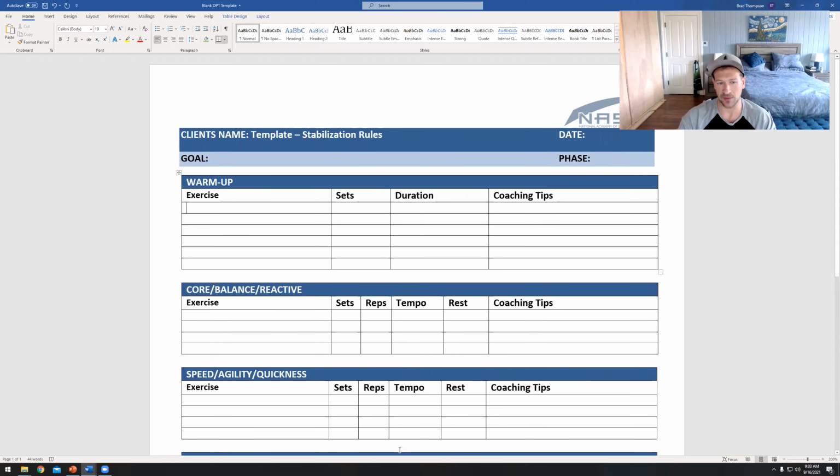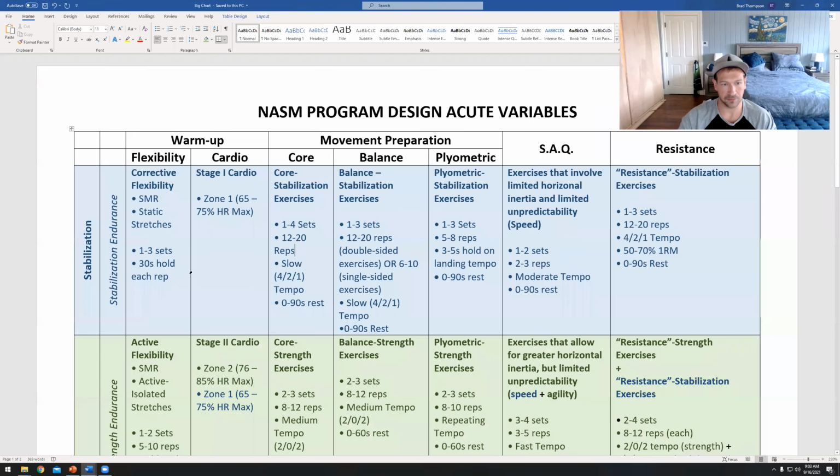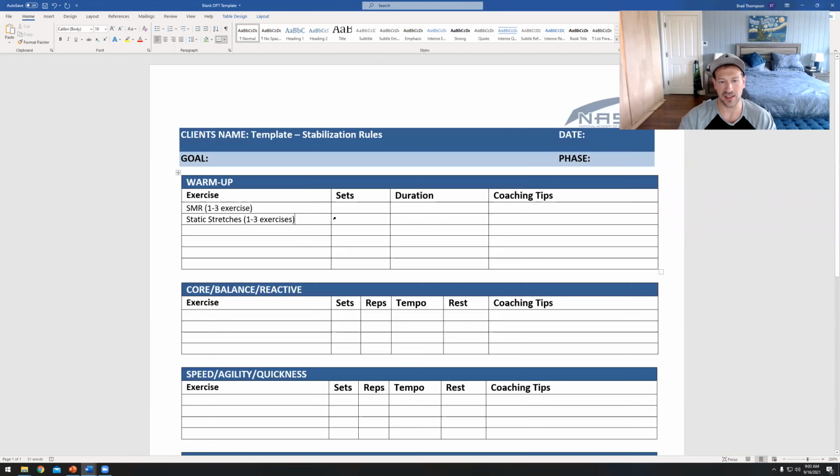So in this warm-up section, I'm going to pick SMR, and I'm probably going to do between 1 and 3 exercises, right? I don't have to pick any more than that. And then I'm going to follow that up with static stretches for probably 1 to 3 exercises as well, right? And then for my sets, I go back to my little chart here. I'm going to pick 1 to 3 sets, right? And my duration is going to be 30 seconds,